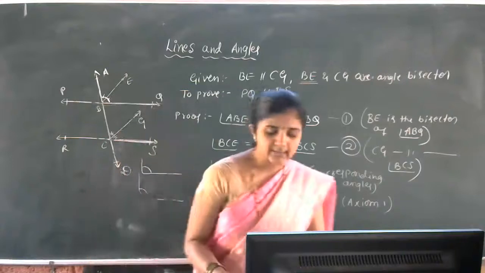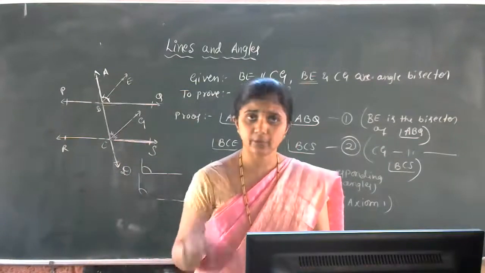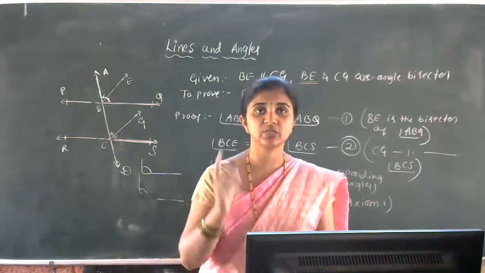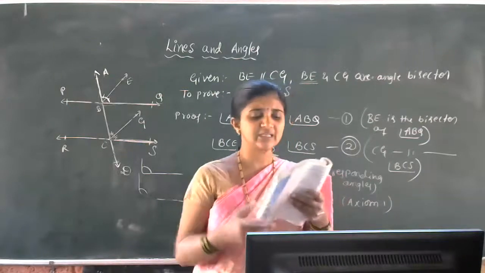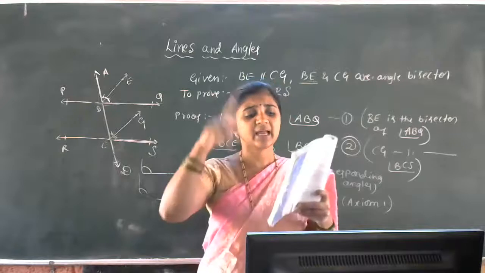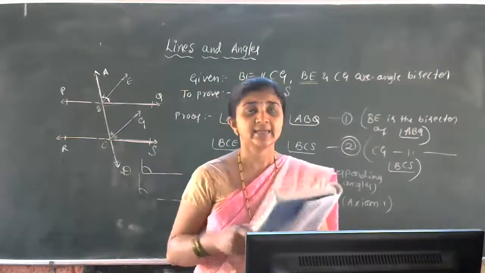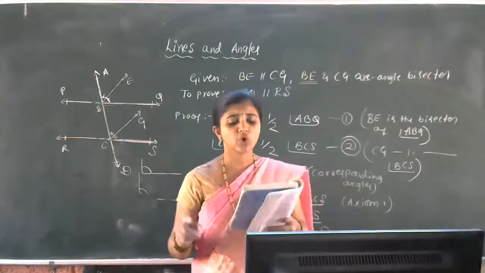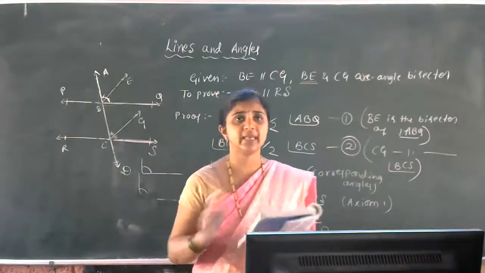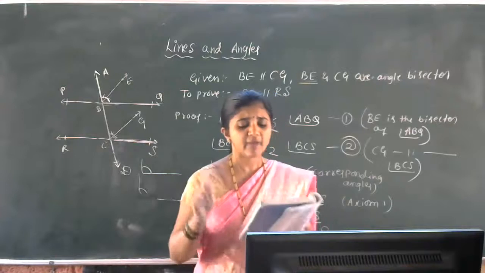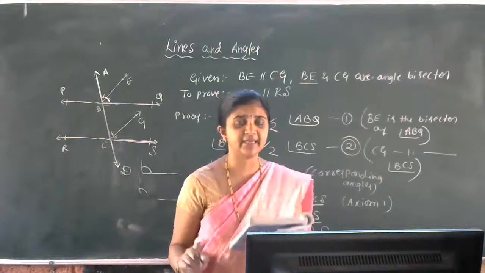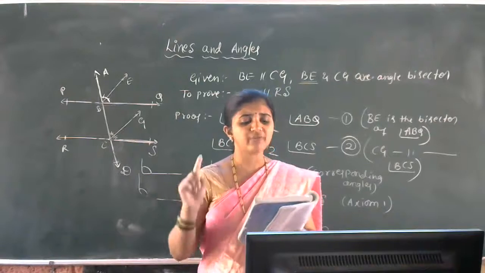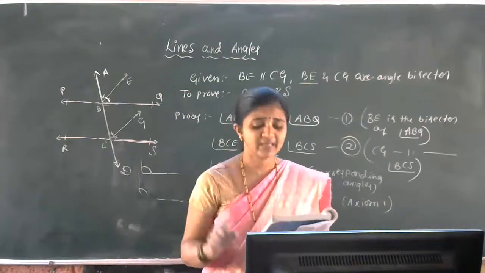Now, the third example problem we are not going to work out because it is easy. It is in your textbook. You just go through that and write that solution. We'll just discuss this now. In the figure, the AB line is parallel to the CD line, and the CD line is parallel to the EF line. Also, EA is perpendicular to AB. If angle BEF is 55 degrees, find the values of X, Y, Z.